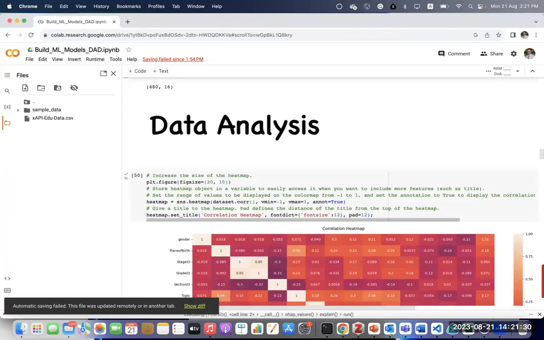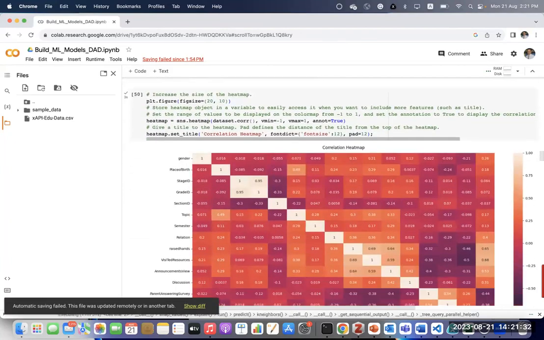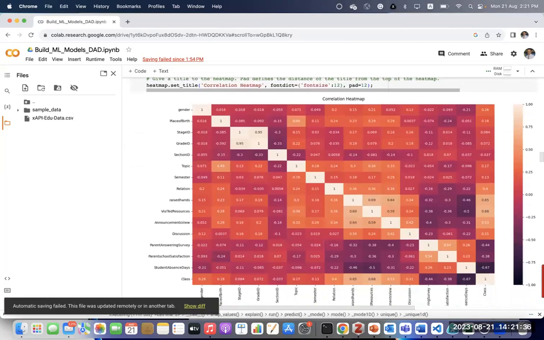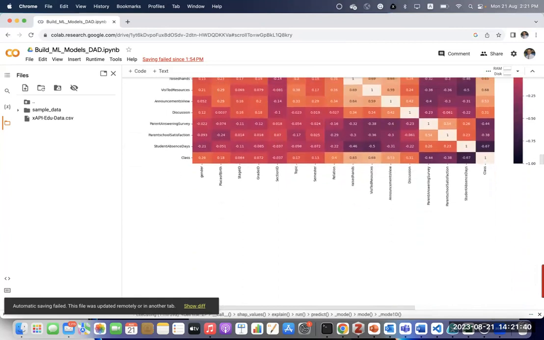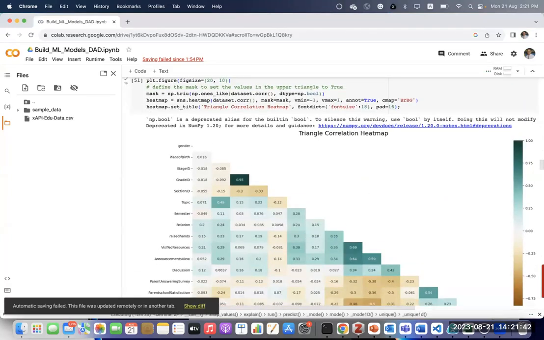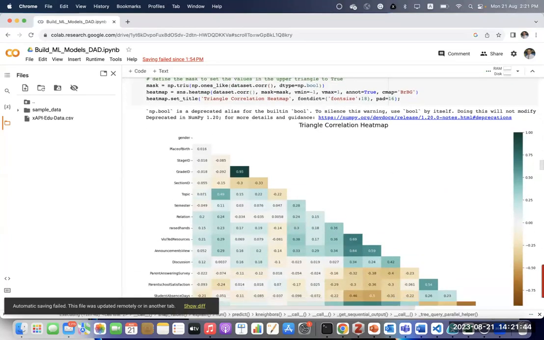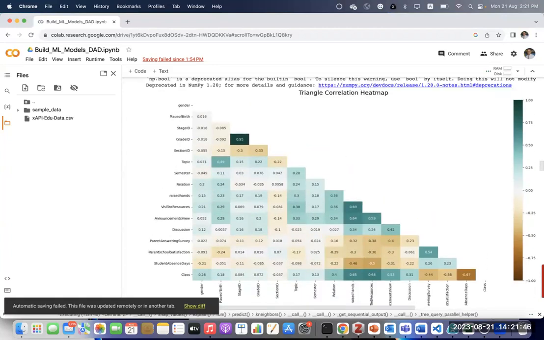So for the analysis, before you use your model, you can get some insights about the data, the correlation. This is the correlation. You can present it in a different format, as a triangle here. This is another option to change the view. At the bottom here, we are interested in the class, the label.